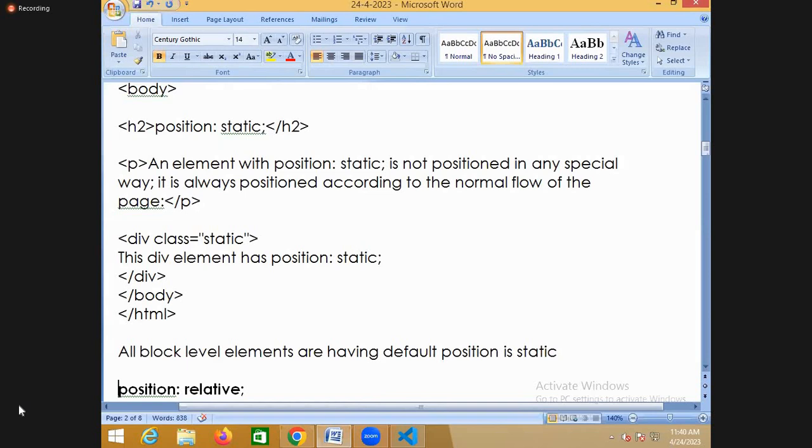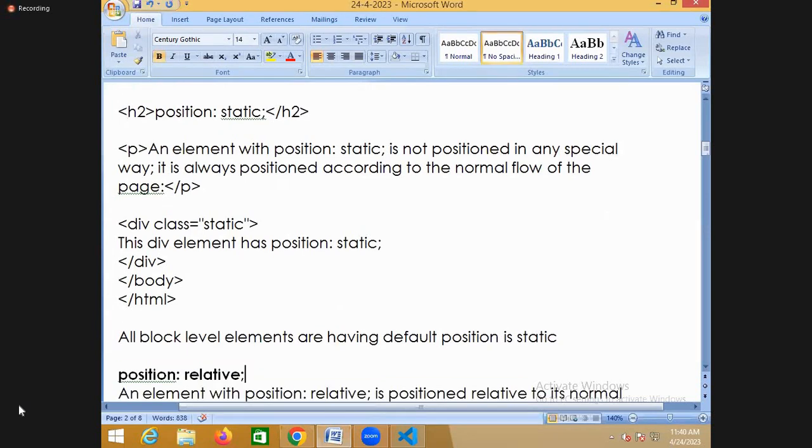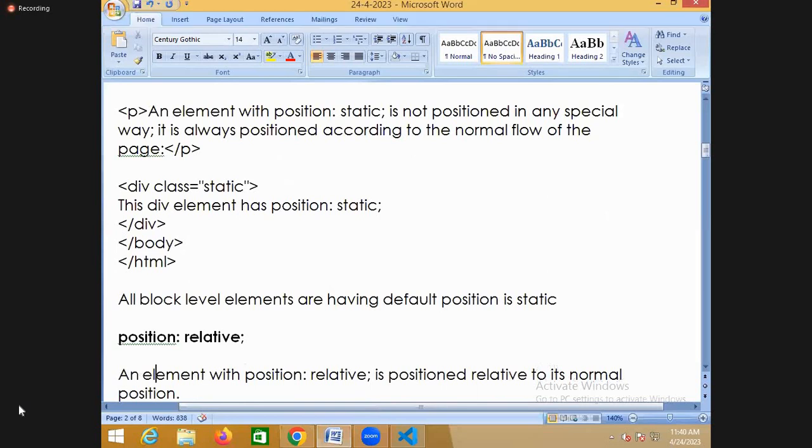Then there is one more position, and what is that position? Relative. Relative to the previous position. An element with position relative is positioned relative to its normal position. For example, static means it will start from a new line. But if I say relative, it is relative to the normal position, meaning it starts in the